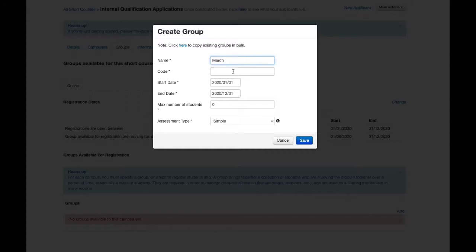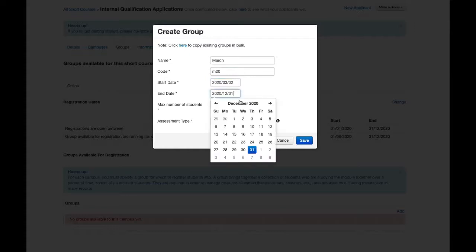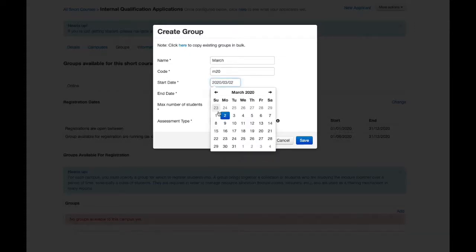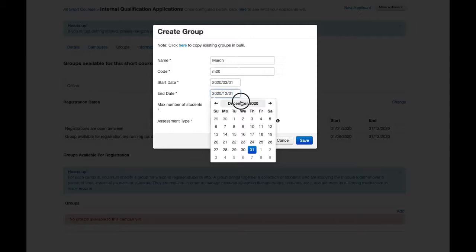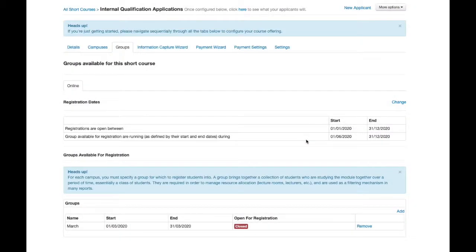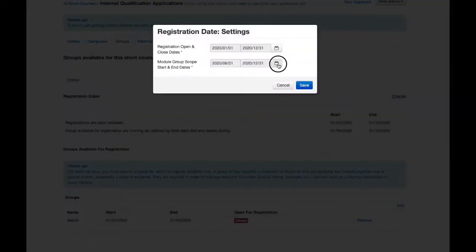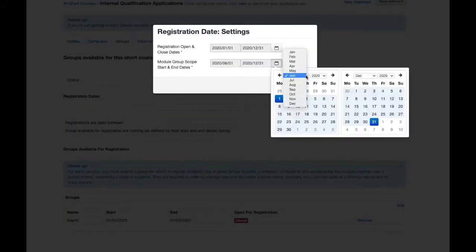Okay, and so that's March 2020, and they were there from the 2nd of March. It's online, so we'll say that they had access from the 1st of March through to the end of March. Okay, so we save this, and you'll see automatically it's closed because it doesn't fall within that date range. So I'm just going to change that quickly,